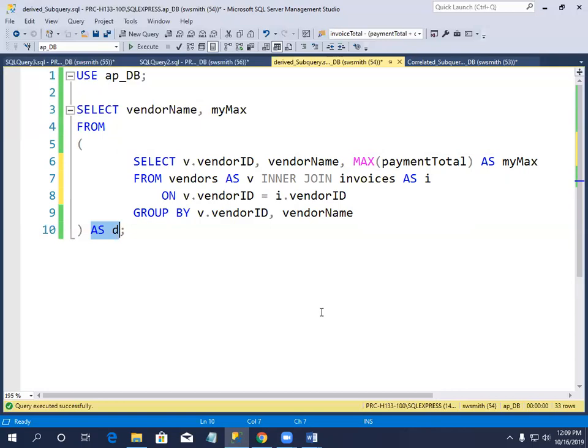Okay. So if I wanted to, I could select vendor ID, but if I don't select vendor ID, it is hidden. We're going to see this again in a couple of weeks, end of the month sometime. This is going to pop up again for us, and we're going to see not only can I use it as a derived table, but I can take that query, this one,